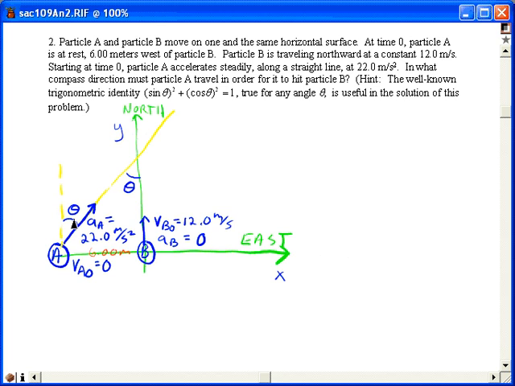In fact, we're asked to find this compass heading. The question is, what compass heading will make it so that particle A and particle B